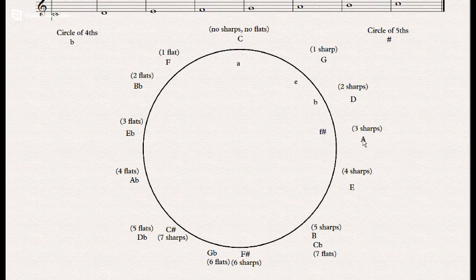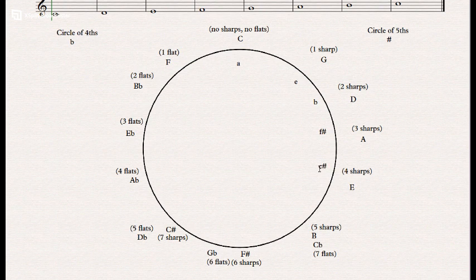So A is the major scale, and the 6th degree of an A major scale would be F sharp. So F sharp is the relative minor, relative to A, also has 3 sharps and the same sharps. And let's keep going with the circle of fifths. If I count from F sharp and I use the F sharp minor scale using the same notes, I get